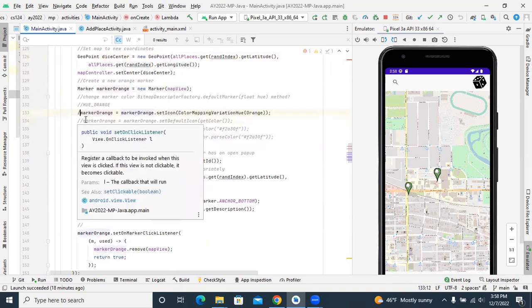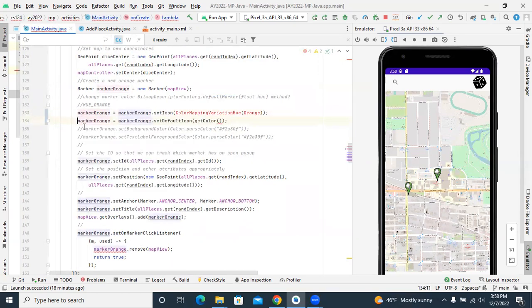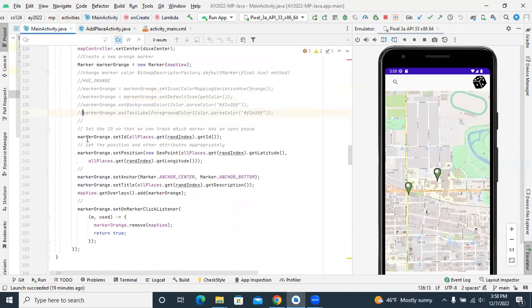I was having a problem with implementing the color orange here. I tried many different solutions and recommendations, but I was having trouble with it. And then here, after changing the color, I was going to set the ID, set the latitude, longitude, set the description, and then add it to the map. And then I was planning, if you click on it again, it would just remove itself and